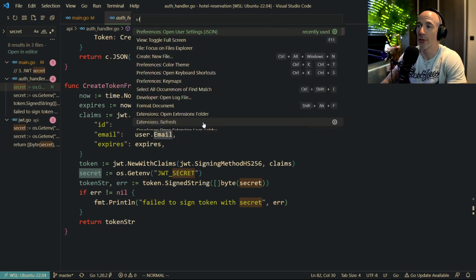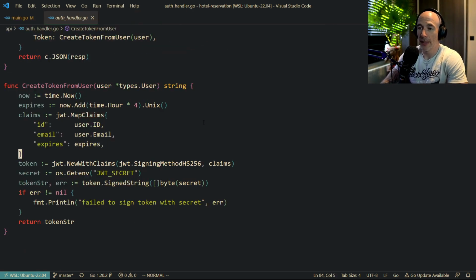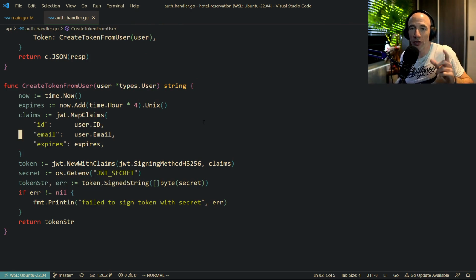Well, let's focus on the file explorer here. We're basically going to refactor a little bit of our code because we have some flags. We're going to remove the flags for the HTTP port, and